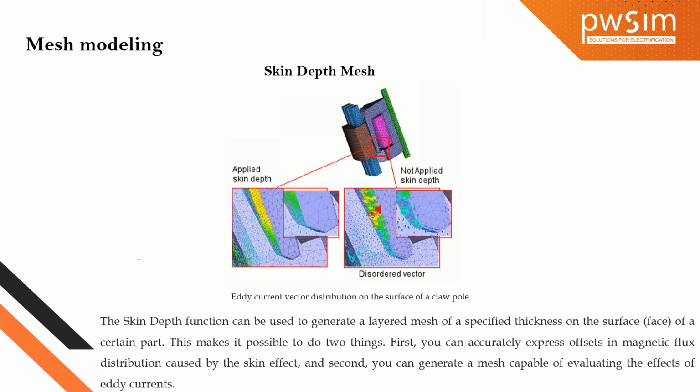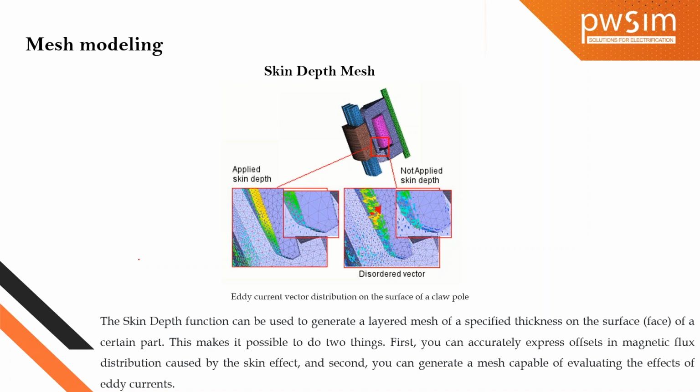On the surface of the claw, the eddy currents penetrate inside the surface. To account for that, we can define the skin depth in mm, and we can do a layered mesh on the surface to that thickness, and we can